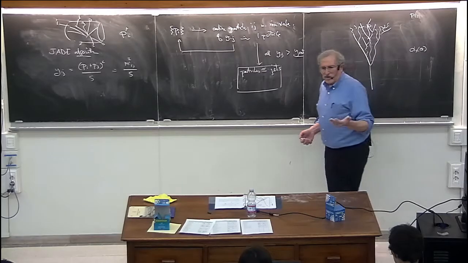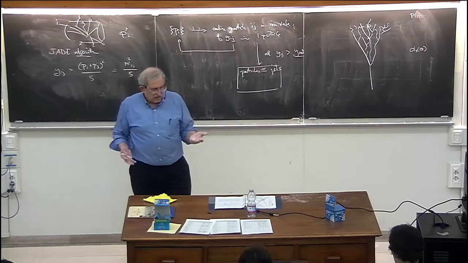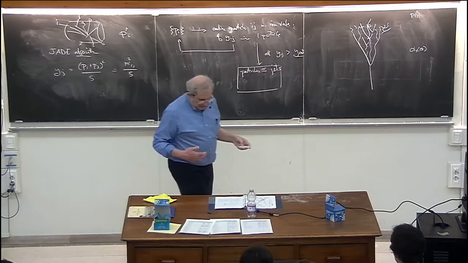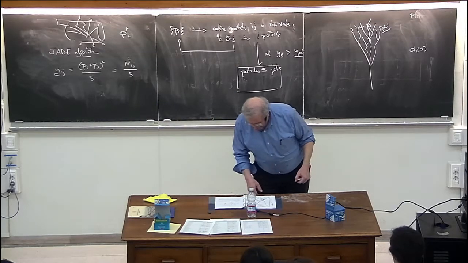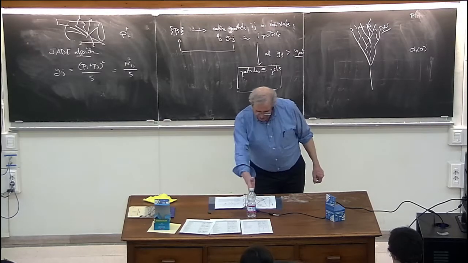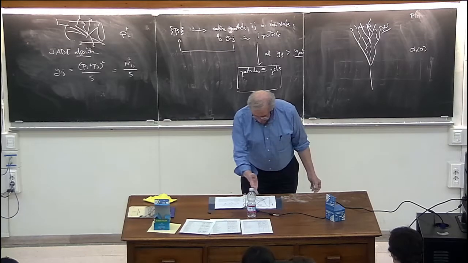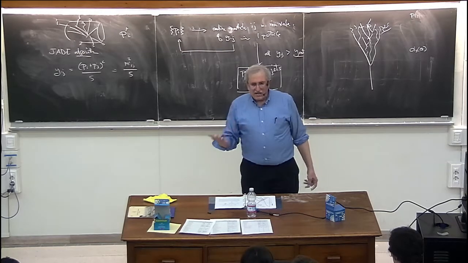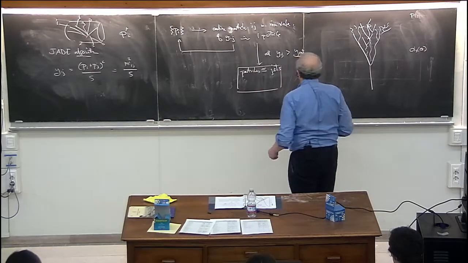You're not doing so much combination, and you have a much larger number of jets in the event. And in the figure you see that if you take a y-cut which is 1/10, basically all the events are 2-jet events. At a y-cut of 10 to the minus 2, there's a very substantial population of 3-jet events,